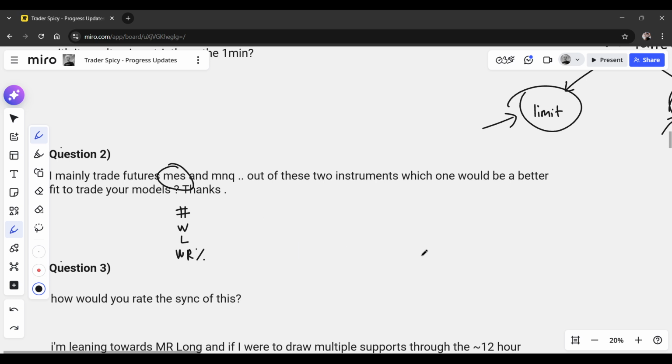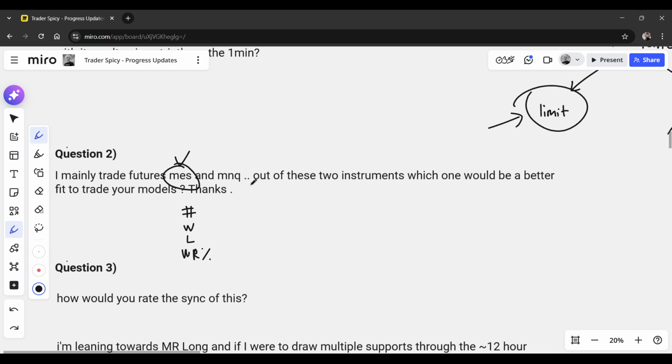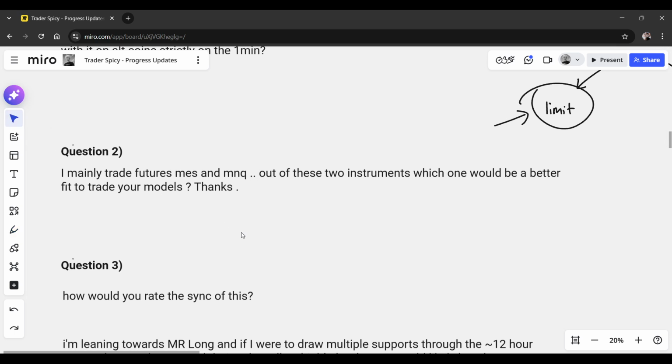So the main point here is that instead of getting me to answer this question directly for you, like, oh yeah, for sure, ES is so much easier to trade, run an experiment. Look at the stats that you get. I promise you, you will learn and improve at a ridiculously faster speed when you try to answer these kinds of questions using your own data and your own research rather than the vague opinion of some guy on YouTube.